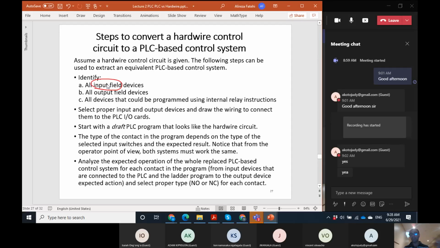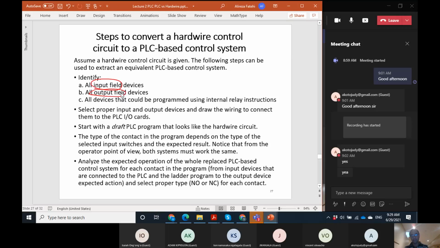send some information. This information doesn't mean some data or a page of data. No, just some information: that limit switch has energized, somebody pushed that push button, or something like this. That's the state of that. So these are input devices, and output devices are the devices that are energized according to the control logic, like